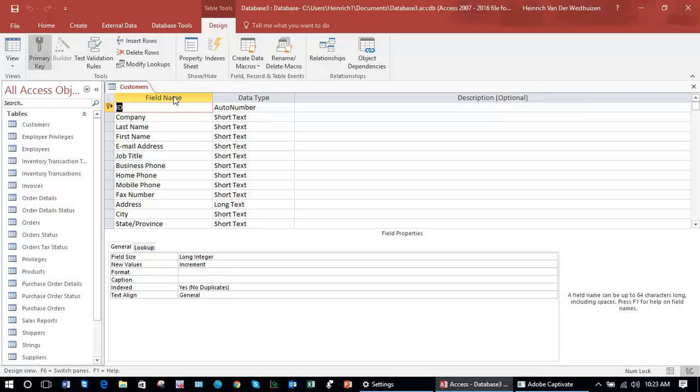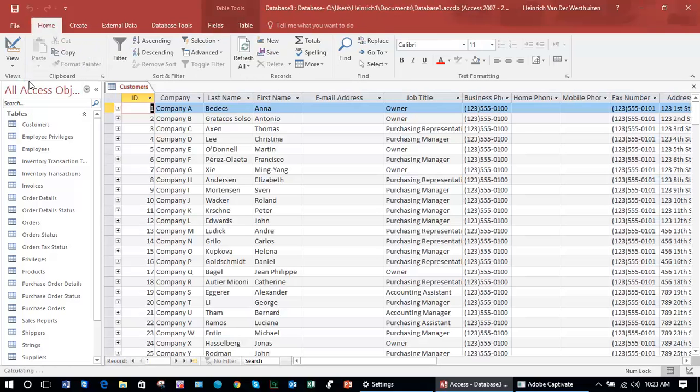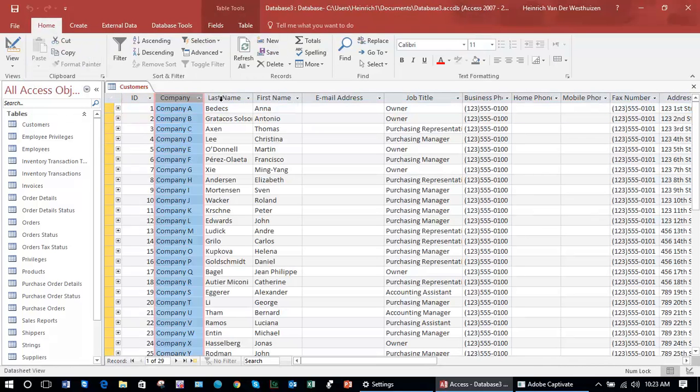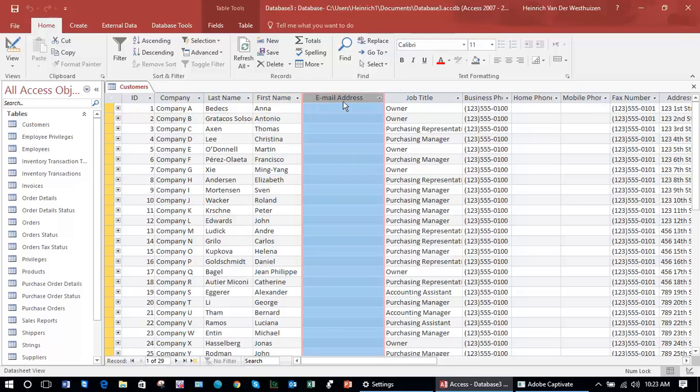Here we have the design of the table, which is the field names, and we'll look at that a little bit later. So understand first of all that we can view the datasheet, or the table rather, as a datasheet where we can look at the different fields as they represent themselves on screen together with the data that they contain,